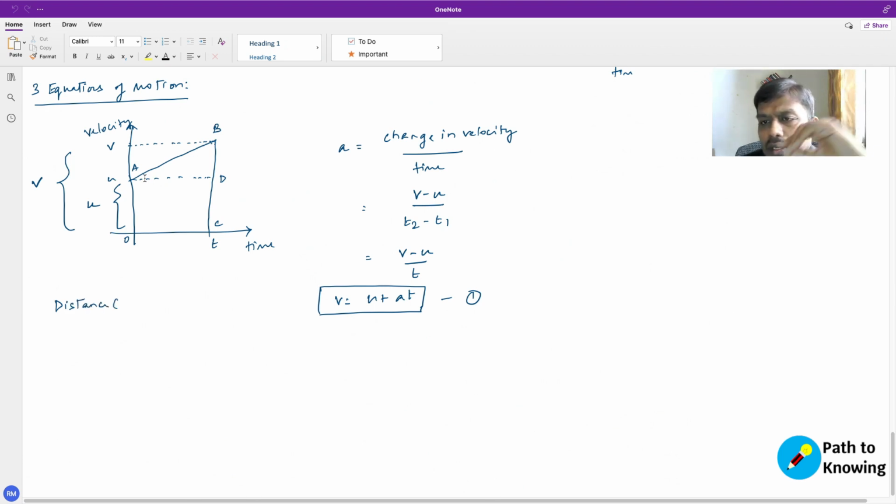Now, if you notice the specific graph here, at time 0, at the starting point, it was traveling at the speed of u, which means that for every unit time here, it was covering a distance of u. That's what speed means. Speed or velocity is distance or displacement over time, which means that at this particular point in time, this length gives not just the velocity, but it also gives the distance covered by this object at